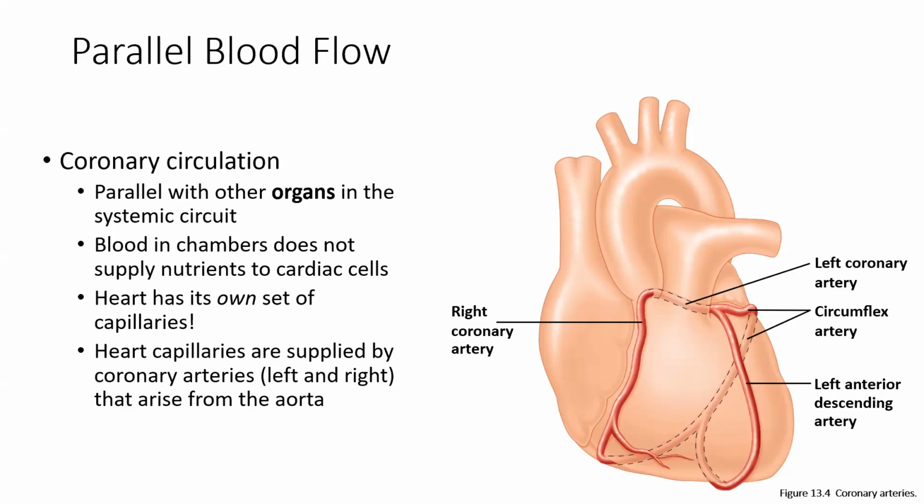oxygen. So the heart is kind of selfish in this way, and I always make this analogy because it takes the very first bit of blood from the base of the very first artery, which is the aorta. So this is the aorta, and coming out the base of the aorta, we've got two main arteries, the right coronary artery and the left coronary artery, and this is why we describe the coronary circulation as